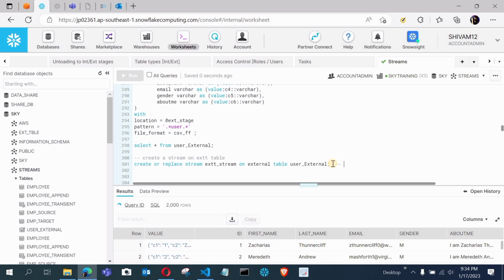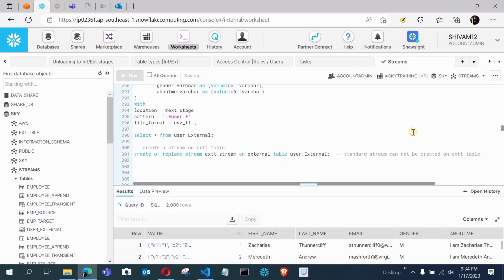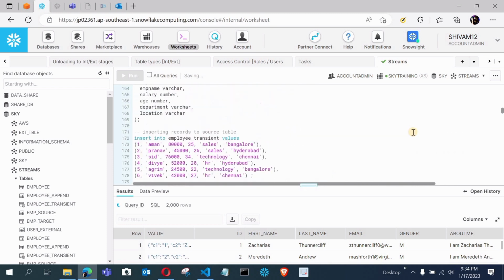For an external table we have to give the property as insert only. We can create the insert only stream on the external table. Let me type here: standard stream cannot be created on external table. Let me also show what we have discussed.